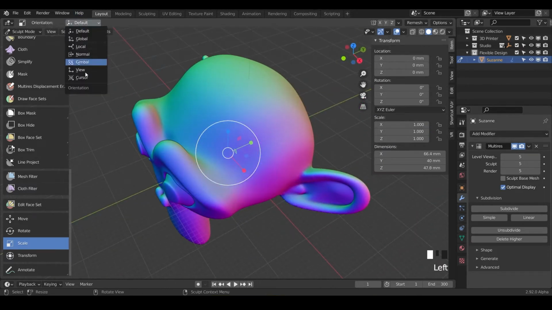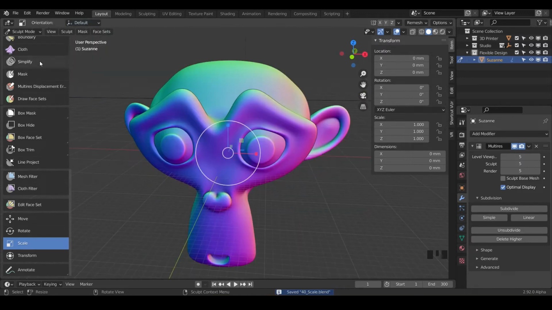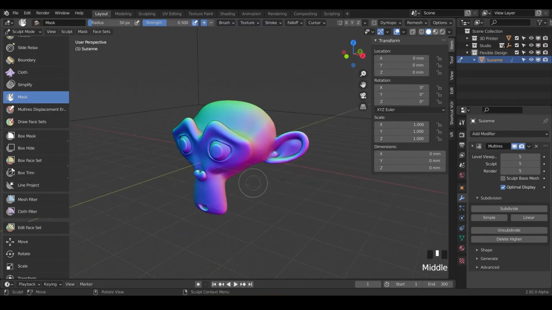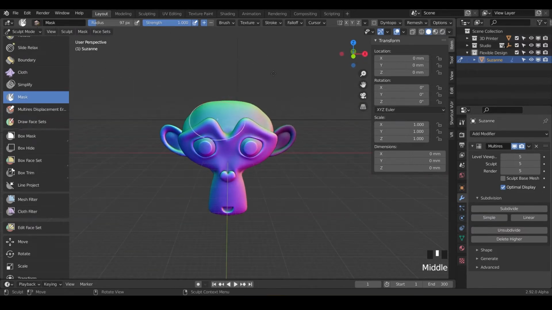You can even change the orientations just like the move and rotate. So let's go ahead and grab a mask brush and just grab maybe the ear. So I'm going to scale that up, do Shift-F, and bring up our intensity, and just do the ear right here. And notice it didn't do it on the other side, but we could turn on our symmetry,